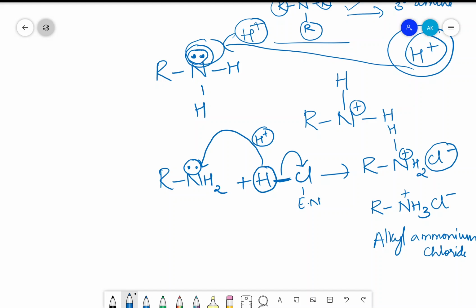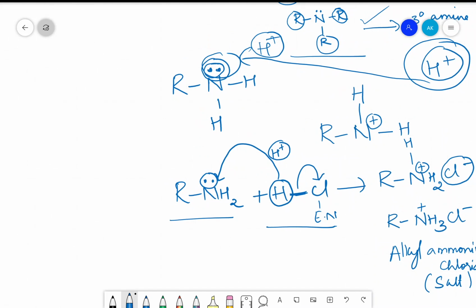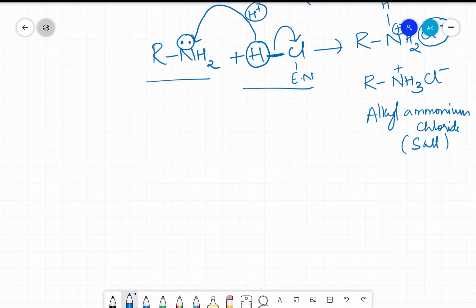It is alkyl ammonium chloride and it is in the form of a salt. The salt is formed when a base and an acid react. So this particular compound, alkyl ammonium chloride, is a representation of a salt. Now, as we have discussed in acids also, the strength of an acid is determined with the help of the acid